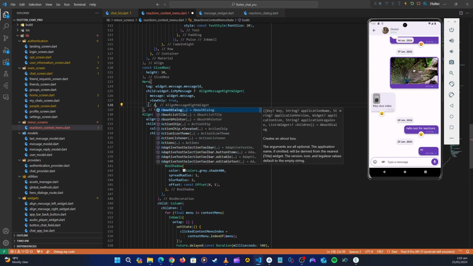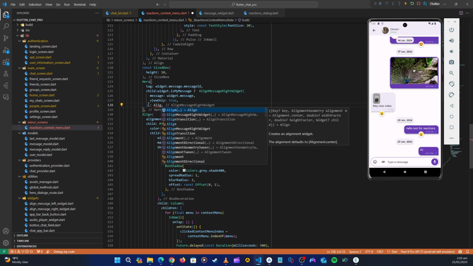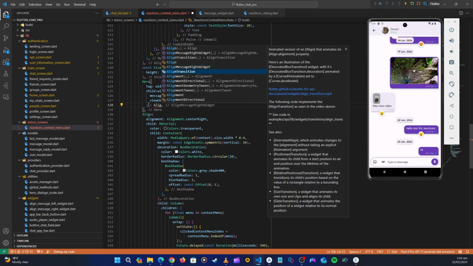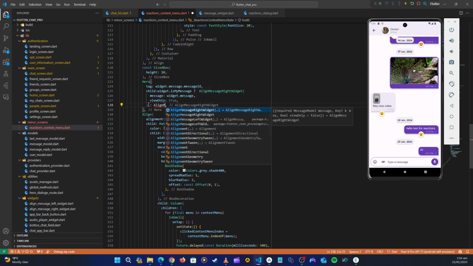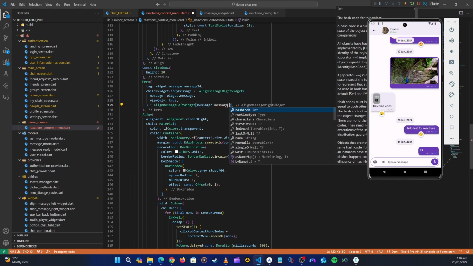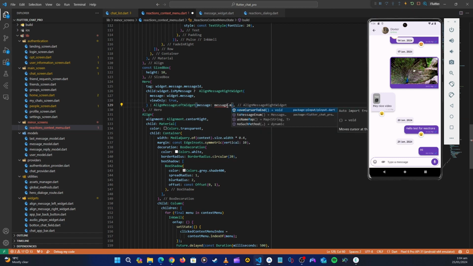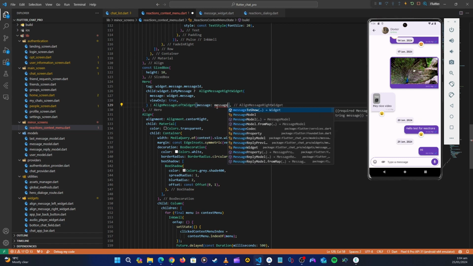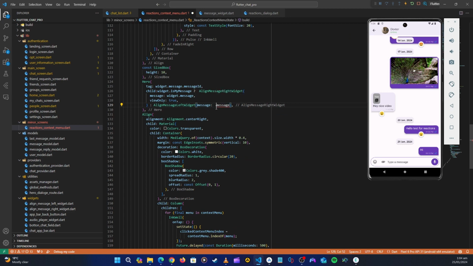Okay, alignment. Where is our message? Where is our method? Align message left. All right, so this is going to be a message dot, it's going to be widget this side,